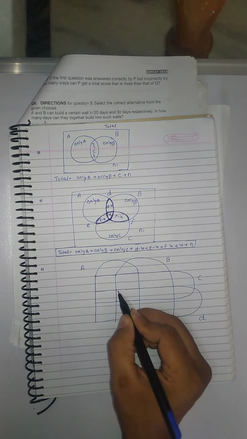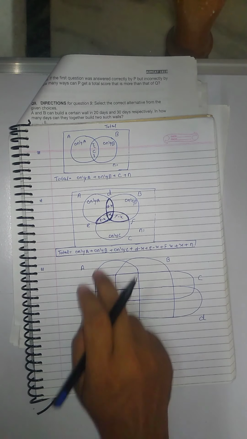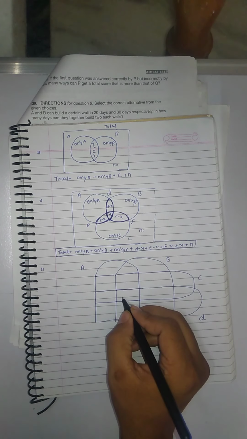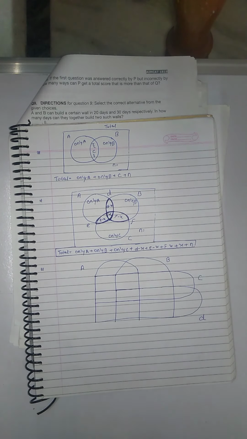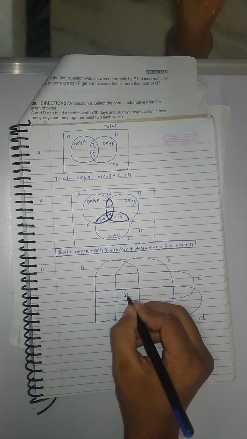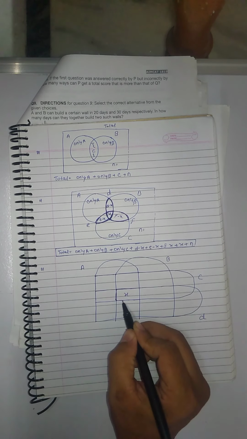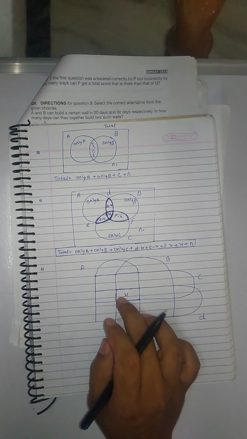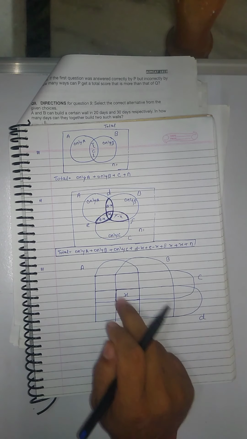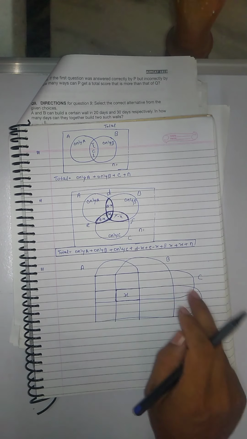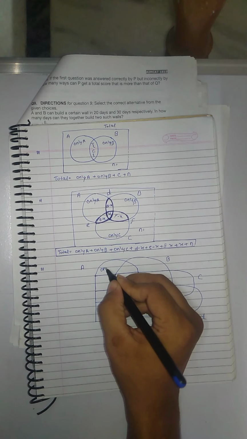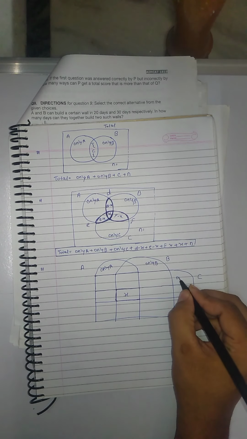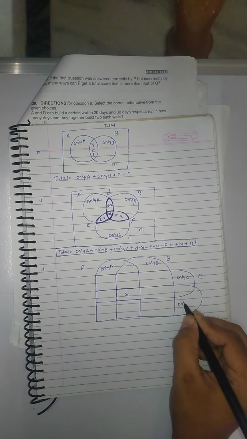This is common with all 4. You look at it, the A part is there, B part is also there, C part is also there, and D part is also there. This is the only part common with A, B, C, D, and we represent it with X. Here A and B are common, and C and D are also there. And this is only A. You look at that, this is only B, this is only C, and this is only D.